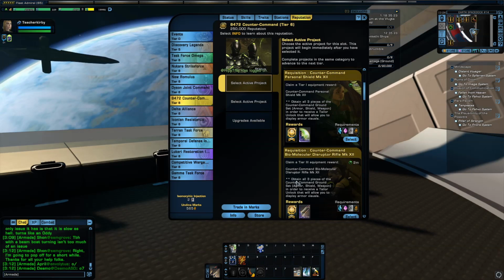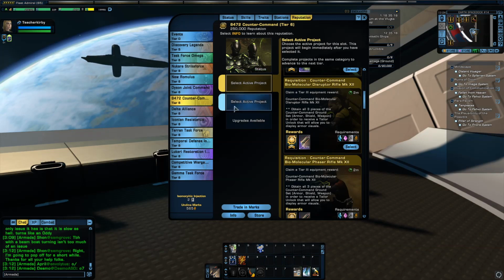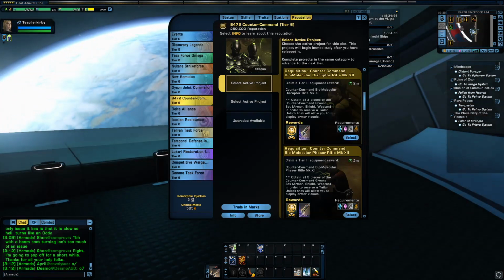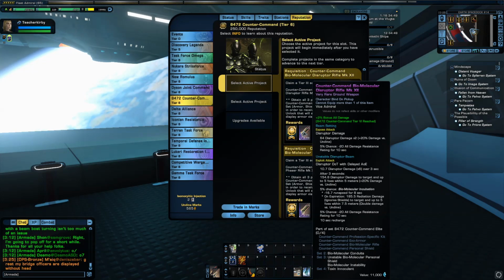Moving right along. All right, and then we have our weapon. We have two types here. These two types were the original, and that's disruptor and phaser. That's also a thing with Counter Command, is that just about everything has a disruptor and a phaser variant from the get-go, and then you have two other variants when you hit tier 6. So our first two variants, disruptor and phaser, and we have